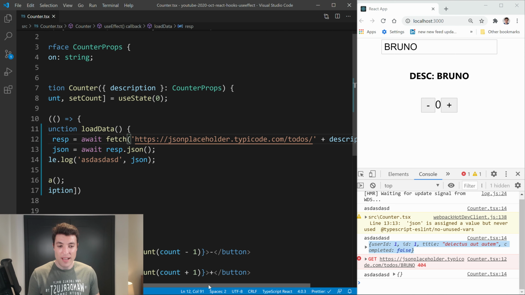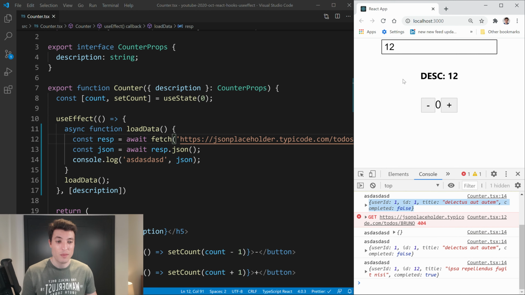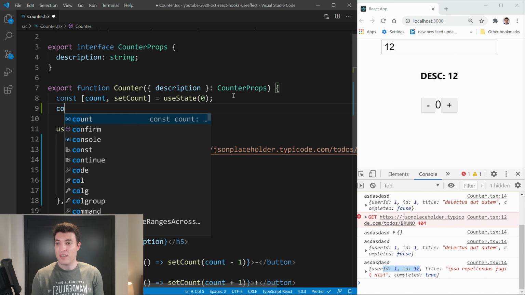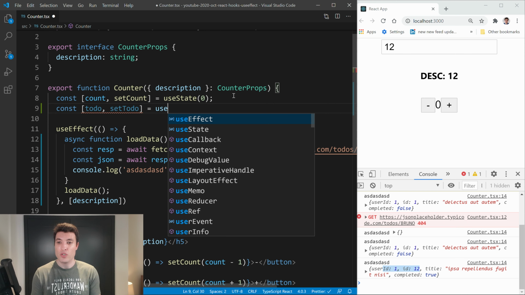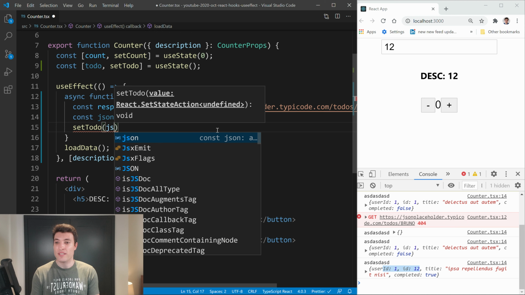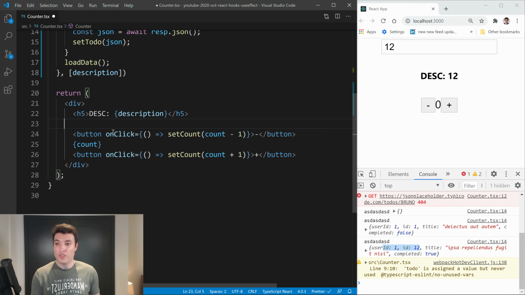You will see that when I save, I will have a 404 because it doesn't exist. But then if I put, for example, 12, I'm getting the ID 12 over here, which is exactly what we want. Now, let me just create something over here called todo, set todo equals to useState. And now I will just do setTodo. Instead of doing the console log, I will do the setTodo as JSON, right? And now I will put, for example, in my JSX over here, I will do todo dot, but now we